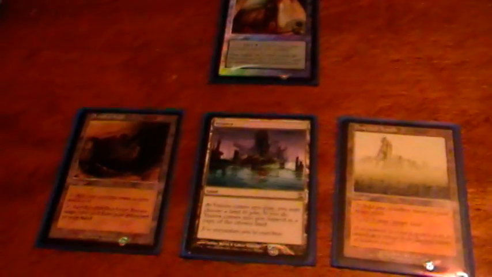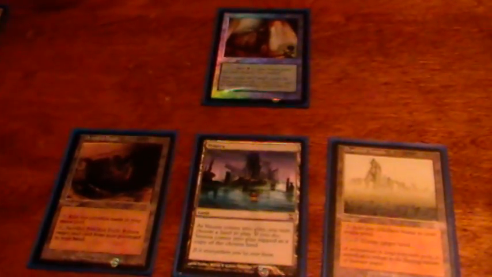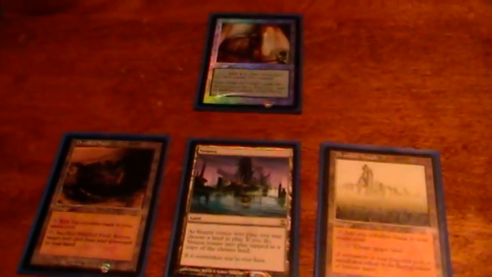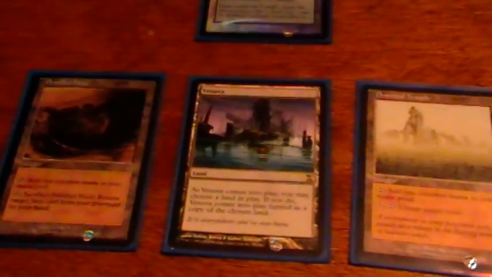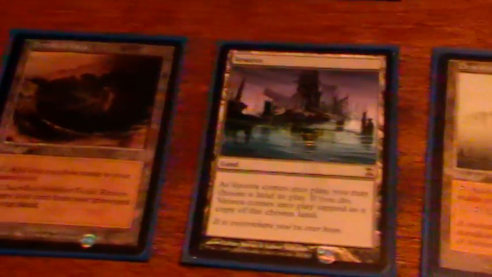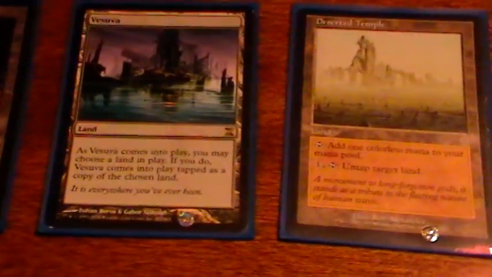So now I'll take you through the non-basics. I'm running a total of 11 non-basics. You really want to try and keep those to a minimum, because like I said, Cabal Coffers feeds off of swamps, and most of our other big mana strategies also work with swamps, so I'm only running the ones that are really necessary. These 3 here, these are really good at exploiting Cabal Coffers further, so that's the main reason